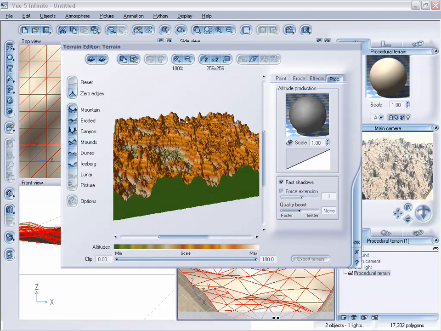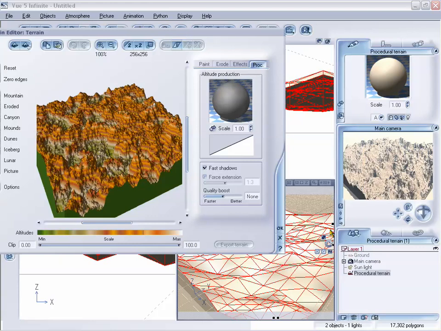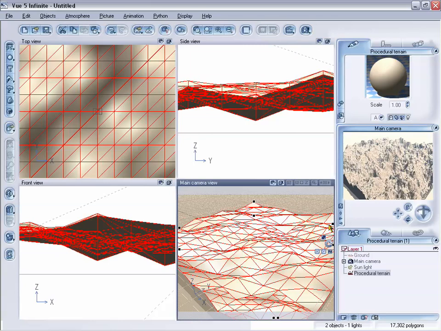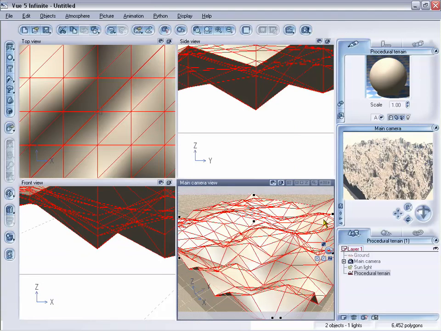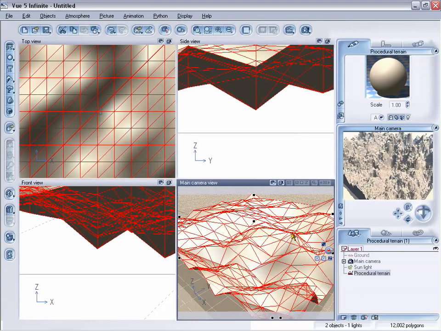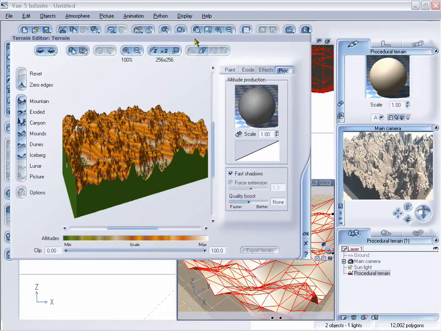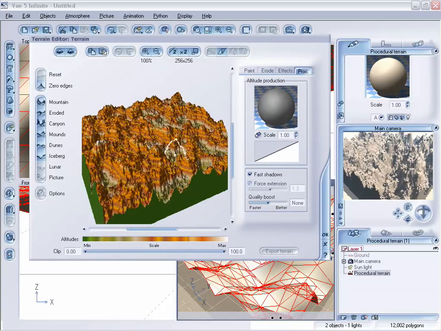The only problem is our elevation is up a little bit higher. Before, we actually went on the Z-axis and constrained it and scaled it down. But if you don't want to have to do that, I'm going to close this out, and we want to bring that back up to where we were, where we have very high peaks. We could change this within the terrain editor by using a filter. So I'm going to double click back on this terrain, and now we see we have these high peaks like we did before, because this is going to stay the same no matter what changes we make for those constraints